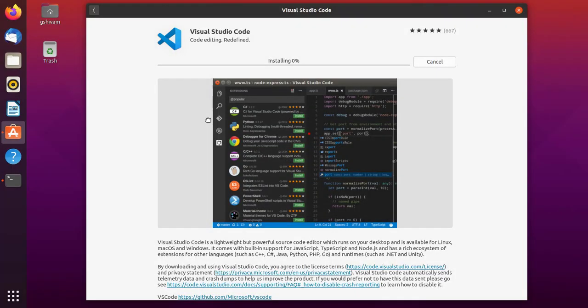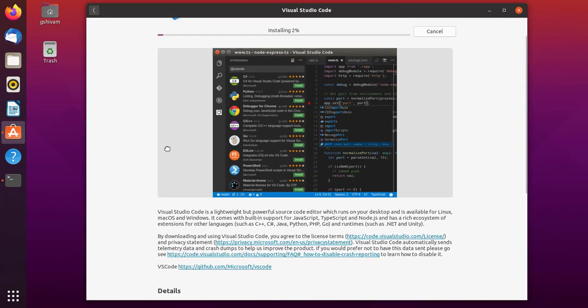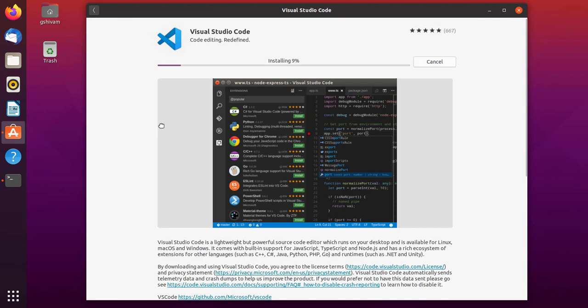Write your password and click enter. It will take some time to install. We will check whether it is properly installed or not, and then we will install our next code editor, that is Notepad++.